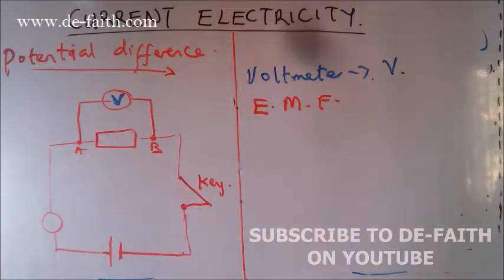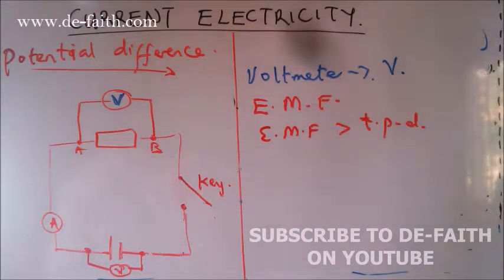But let us say that this circuit is opened, meaning that there is no current flowing in it. When we measure the potential difference between these 2 points, what we are going to get is EMF. The EMF is the potential difference between the two terminals of a cell when it is not delivering current to the circuit. So when you measure the potential difference here, what you will get is the electromotive force. In most cases, the electromotive force is greater than the terminal potential difference.